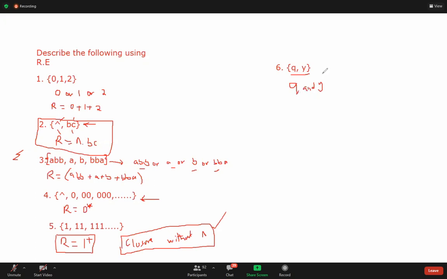I understand you may read it as Q or Y, but in this description we often leave out the word or, a union, when we are describing more than 2 items. So maybe like 0 or 1 or 2. But when there are just 2 items,